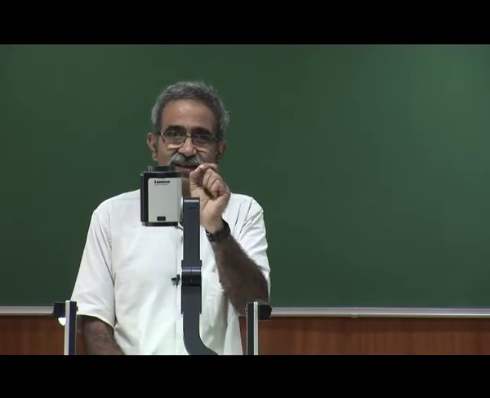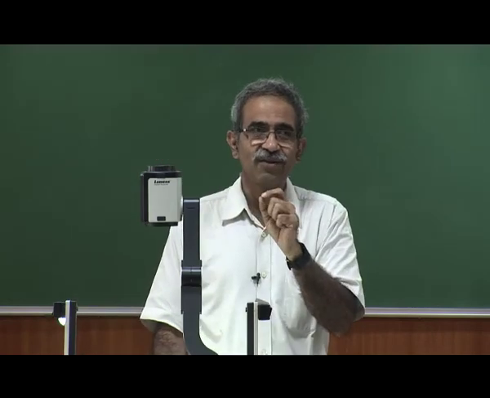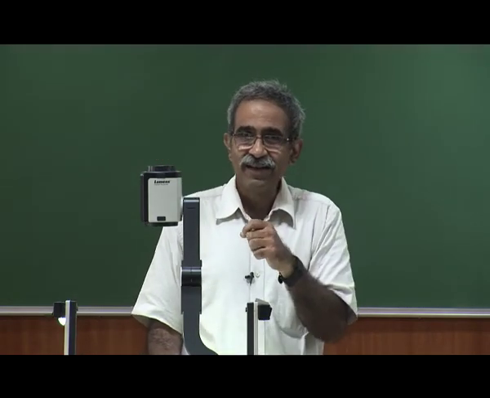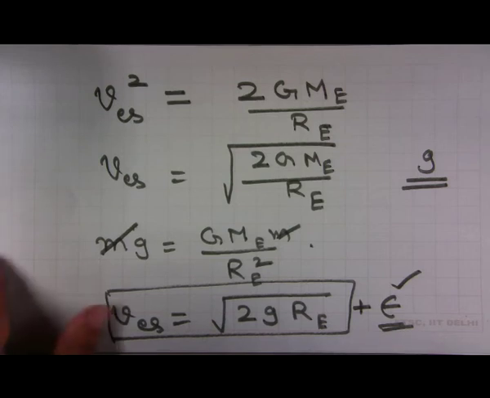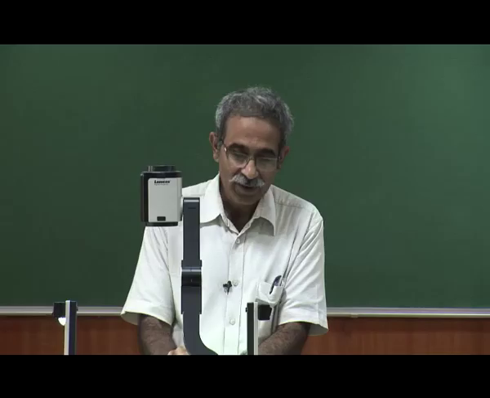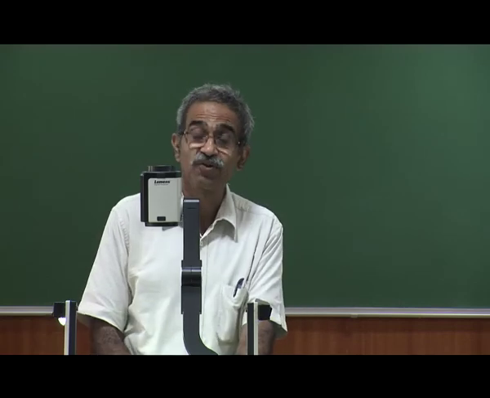When an object is on a maximum, it is an unstable equilibrium. Even the smallest perturbation will disturb it. That is what we have established. This is your escape velocity. And this was the great challenge, because we will see how large it is.